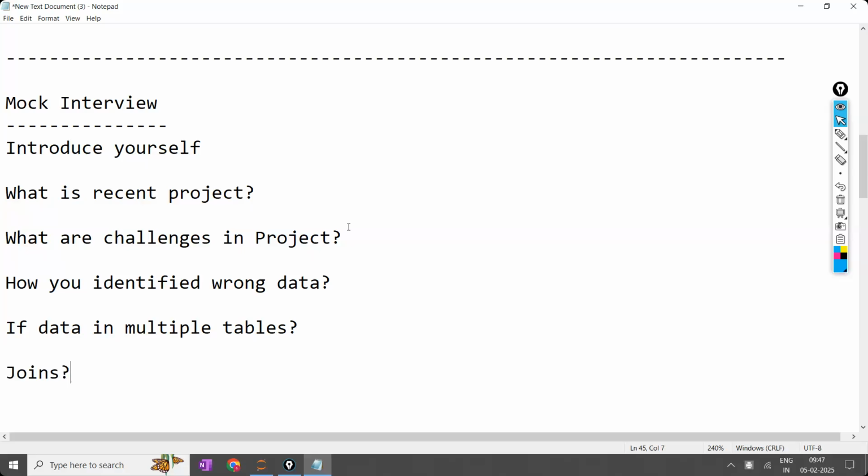Joins are used to connect two tables on the basis of a common column. Okay. And which type of join has to be used, how are you going to decide? On the basis of the columns that you want. Let's say there are two tables, table one and table two, and I want all the rows of the first table.